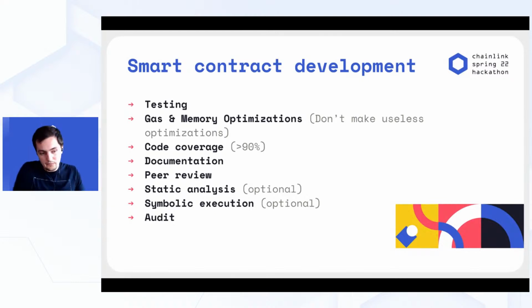Then, after the successful tests, we have something called gas and memory optimizations, because gas is currently expensive. Not expensive, but it's not cheap. Basically, you need to pay for computation on any blockchain. You tend to optimize your code in terms of gas or logic, and also in terms of memory. So maybe prepack your storage variables or something like that. But don't get trapped making useless optimizations. For example, if you're going to save some 20 units of gas with some assembly code snippet or rearranging your code, please don't do that, because it can, in some cases, result in unexpected side effects, and that's what we want